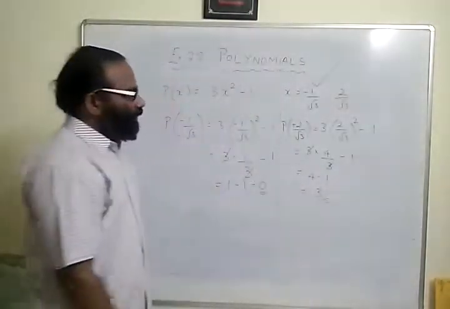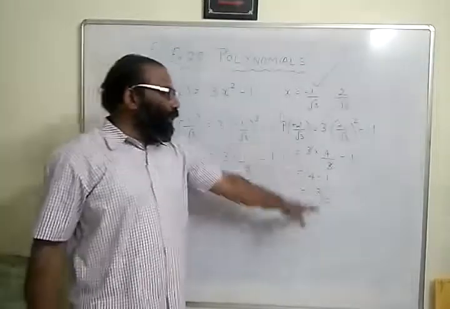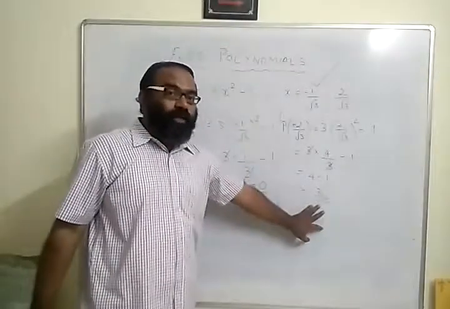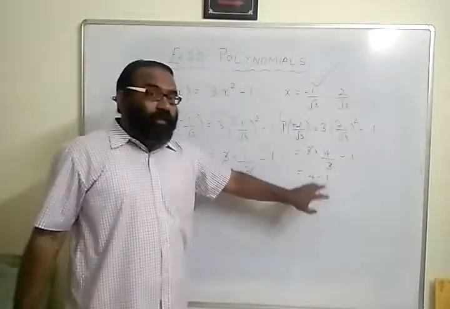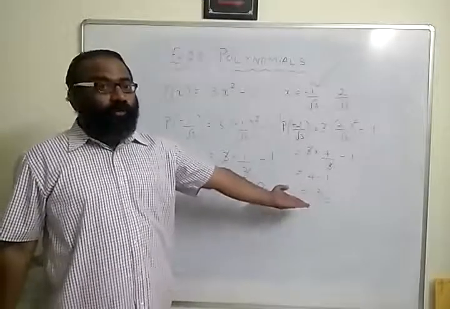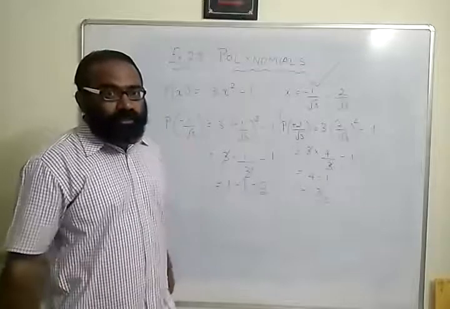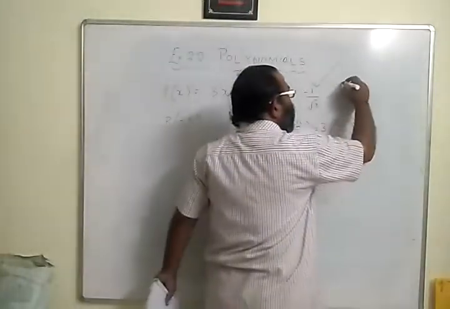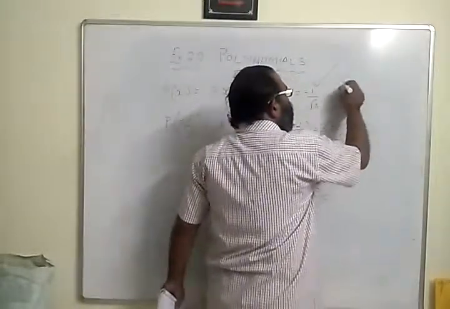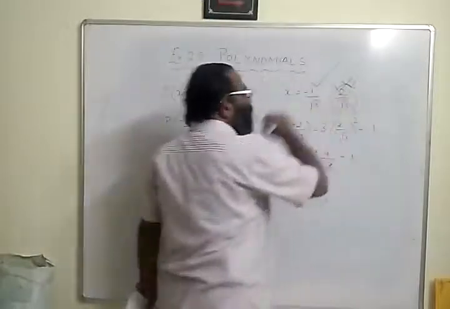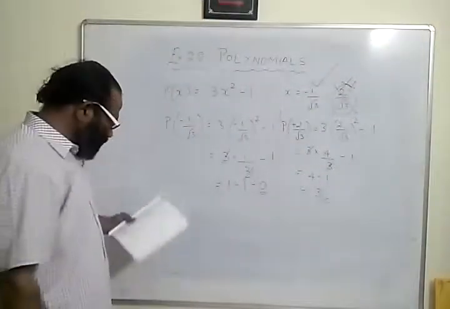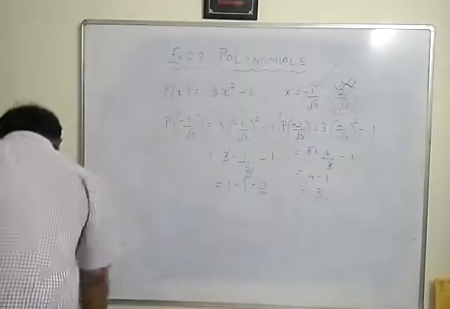So when x is equal to 2 by root 3, we are getting the value of the polynomial as 3. Since it is not 0, therefore this particular value is not a 0 of the polynomial. So 2 by root 3 is not a 0 of the polynomial. Okay, so next,